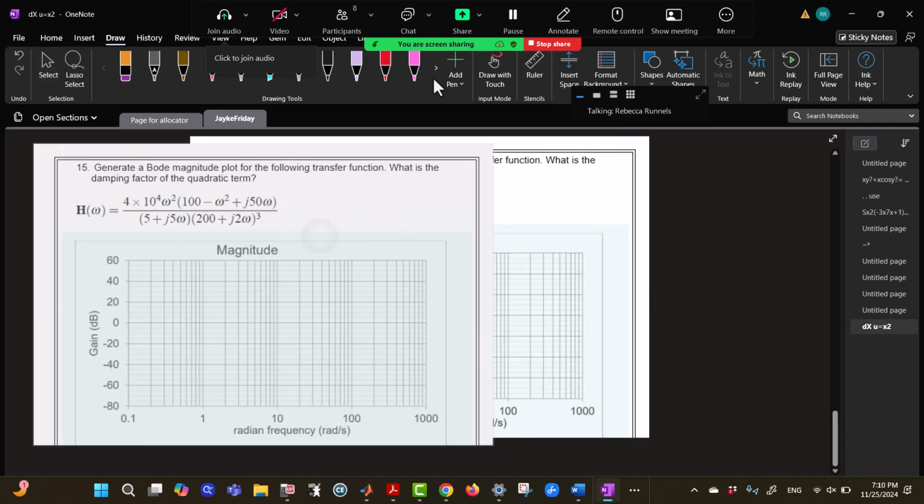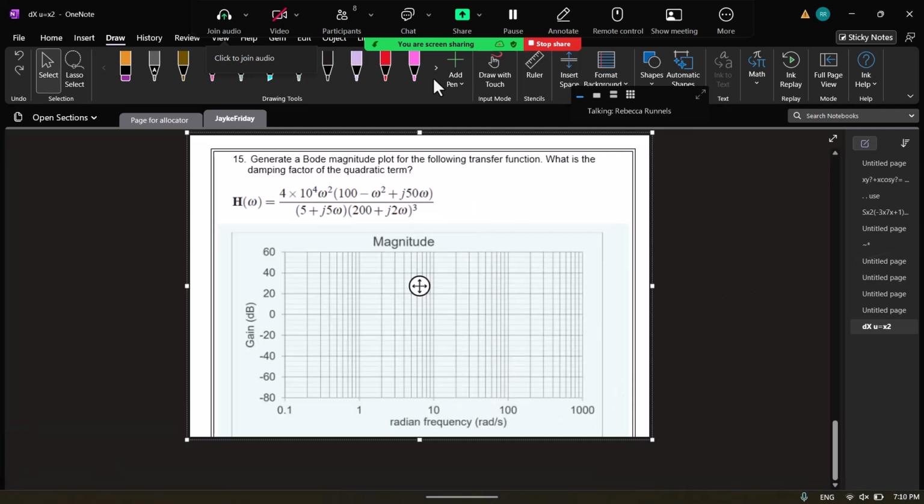Alright, so we are supposed to generate a Bode magnitude plot for the following transfer function, and then I added the extra question of what is the damping factor of the quadratic term, because last semester I had a lot of questions about that. So, to start with,